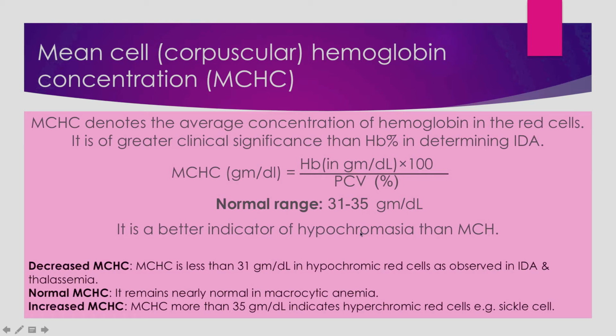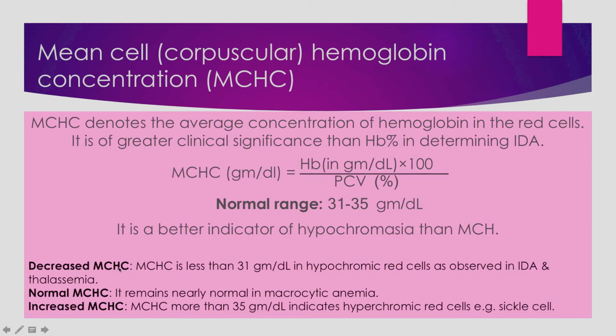Hypochromasia: chroma means iron, hypo means less. Whenever the iron is less, that condition is called hypochromasia, and this is very easily reflected in the RBCs. The normal RBCs are generally red, but the iron deficient RBCs, or you can say hemoglobin deficient RBCs, are pale in color. That is why they give paleness to the body also. So hypochromasia is better indicated by the MCHC levels.